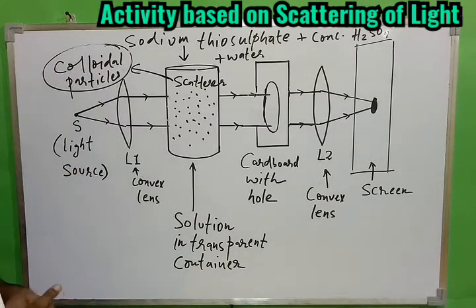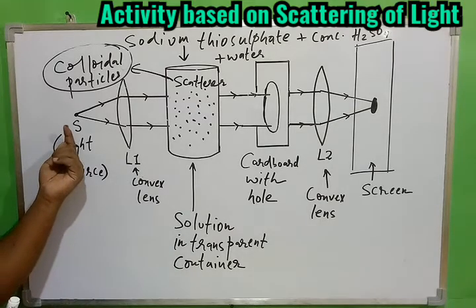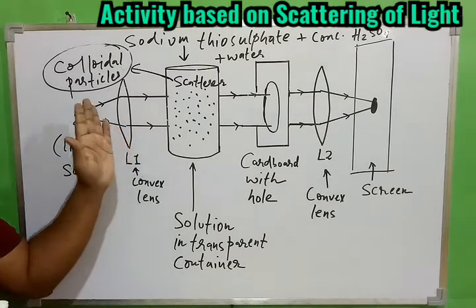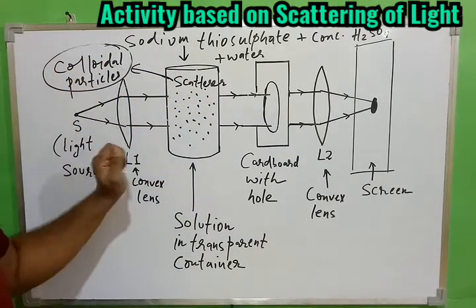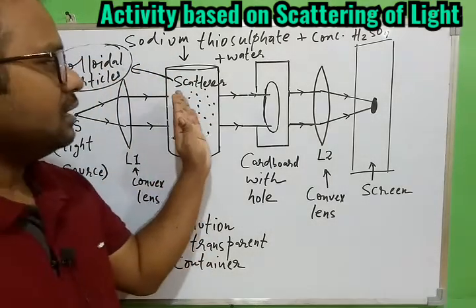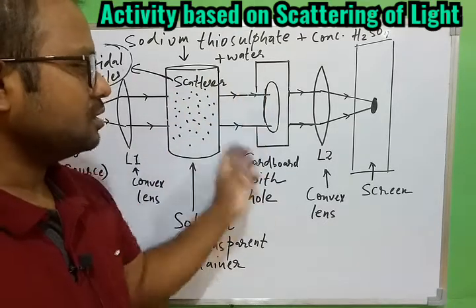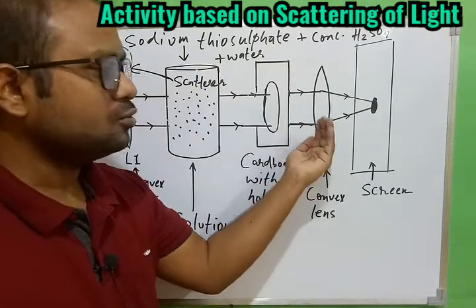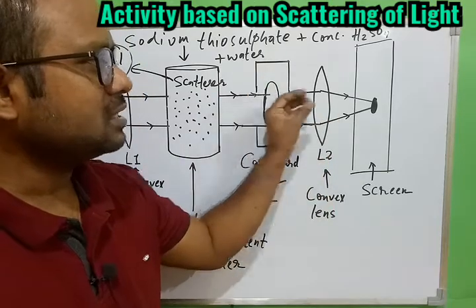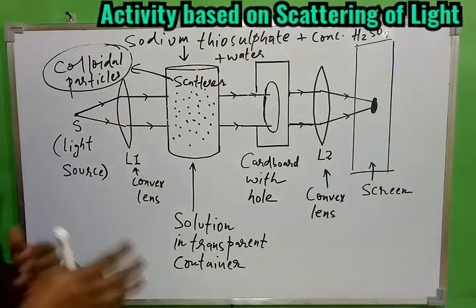So I hope the setup is clear and requirement is clear, and how to conduct the experiment we need to understand properly. So overall, briefly we can say white light will be allowed to pass through this convex lens, that will finally pass through this colloidal solution in which we have the colloidal particles of sulfur. Then the light will come out from the same container, and that will be allowed to pass through this cardboard hole at the center we have. Then the same light will pass through the convex lens L2, so that the final rays can converge on the screen. So this is all the explanation we have.